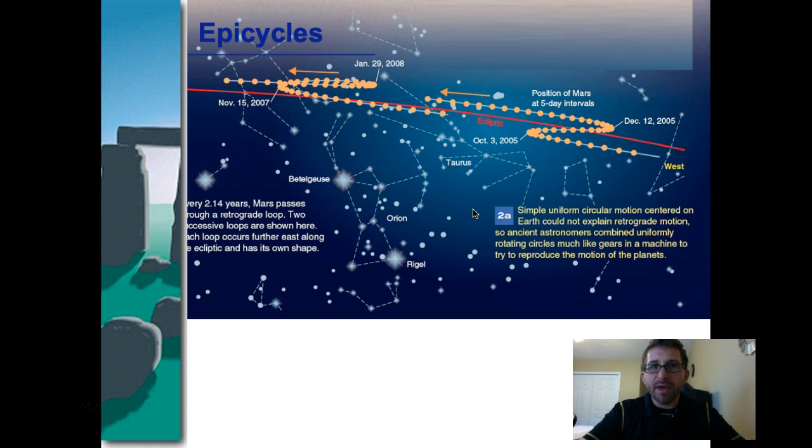And here's a picture of what these weird motions of the planets looked like. So this is Mars over the course of time, and you'll start over here in the west. It'll be moving like the planets should, and then all of a sudden it'll start reversing itself. And this is what we call retrograde or backward motion. And it's why they thought they needed these epicycles. And this happens over a very short period of time here. You'll see October 3rd to December 12th. And then it starts to move forward again, and then it does another epicycle.